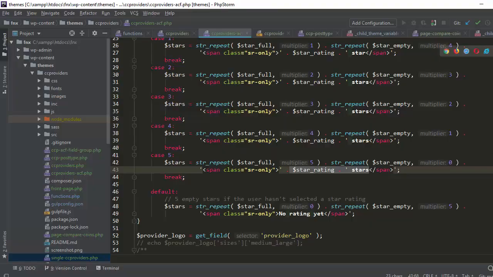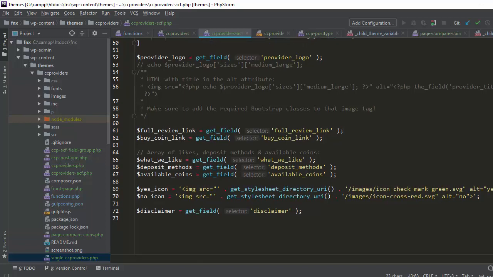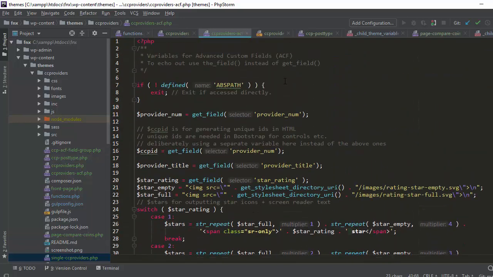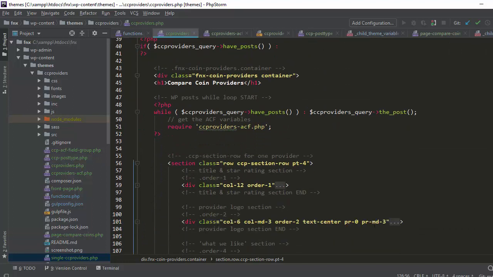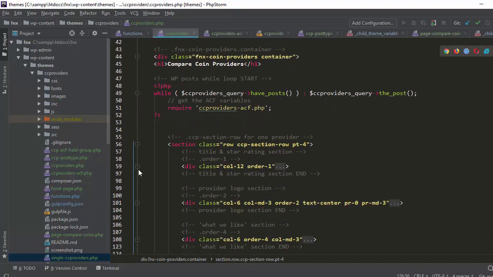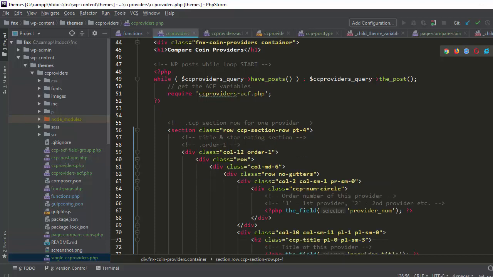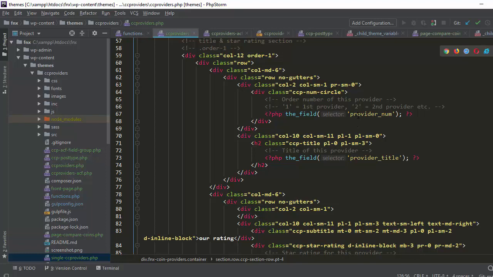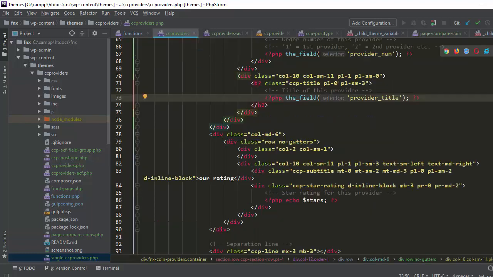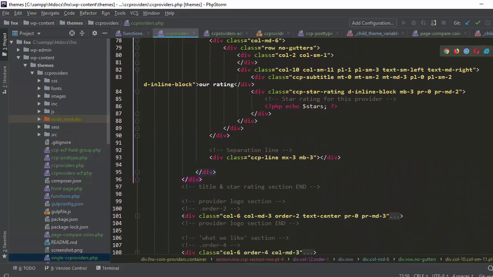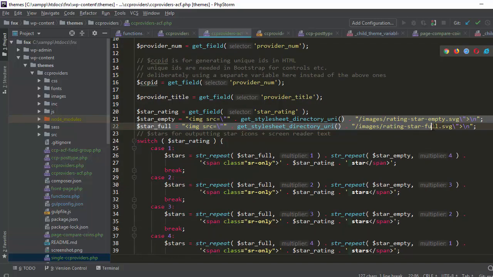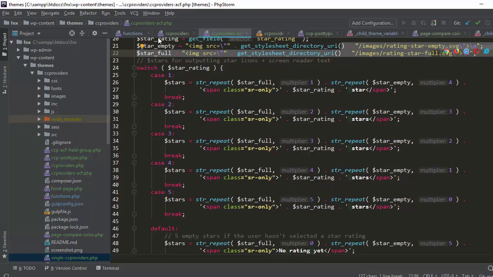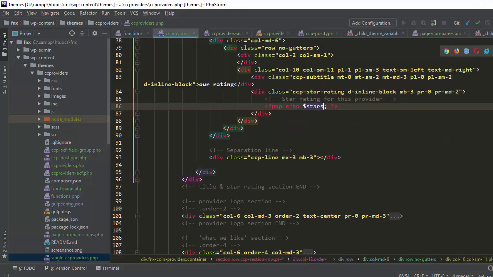Okay, moving on. Yeah, there are a couple more things there. Those are just the ACF variables that are being used in this code. So if we unfold something like this here, we have the provider number, the provider title is coming through. What else? Here, the stars. So I'm just echoing the stars, and because the stars were set up as images here, that's all we need to use. Okay,